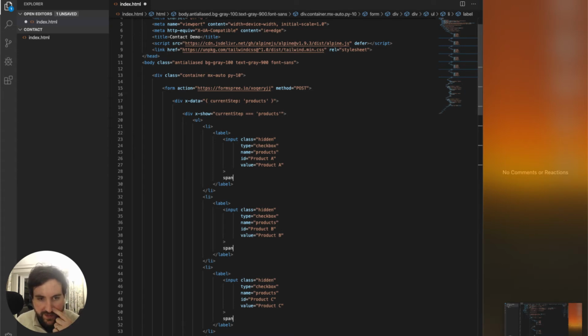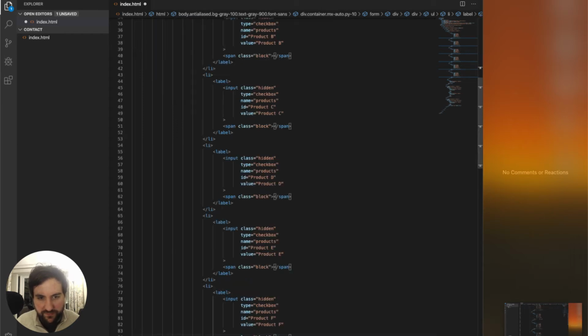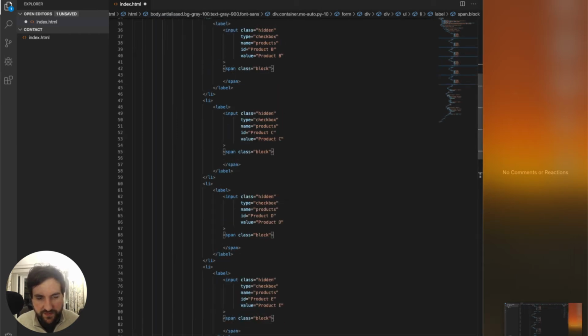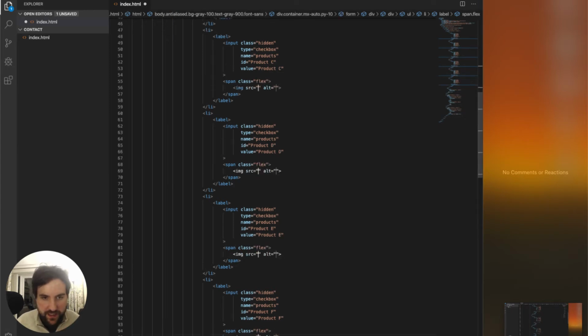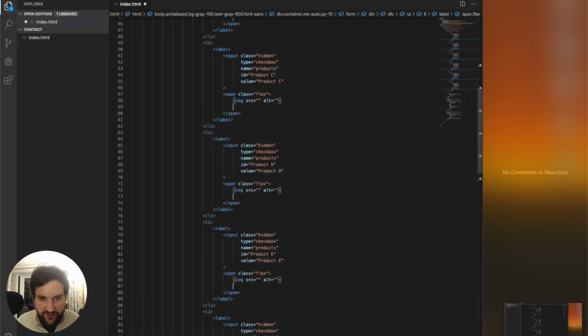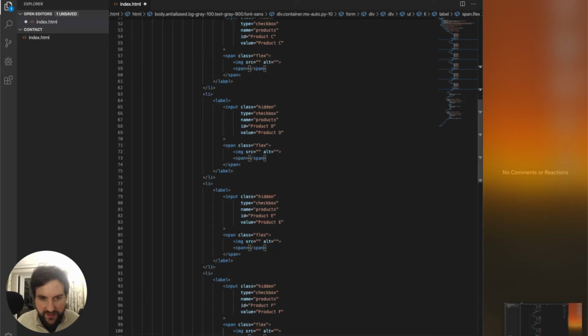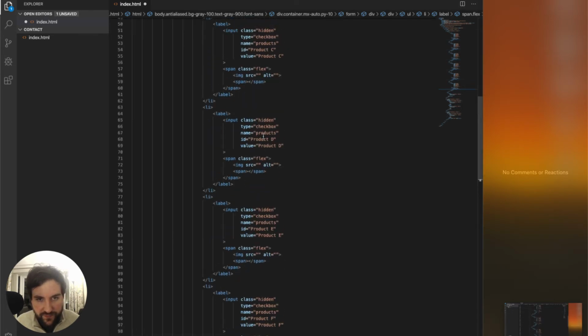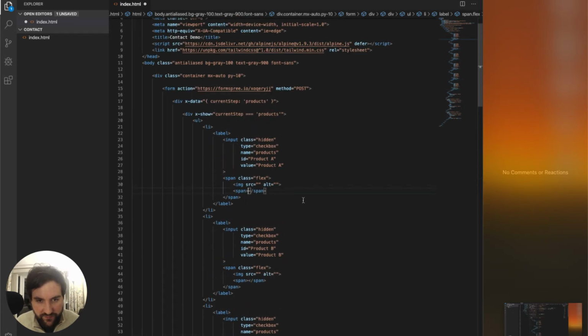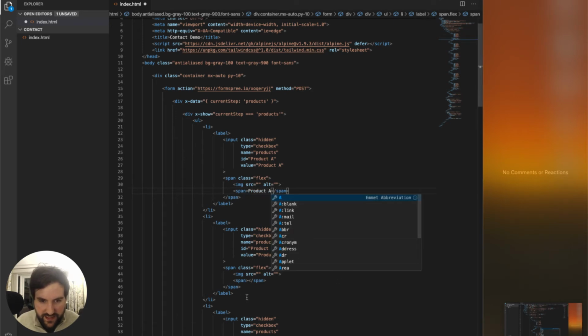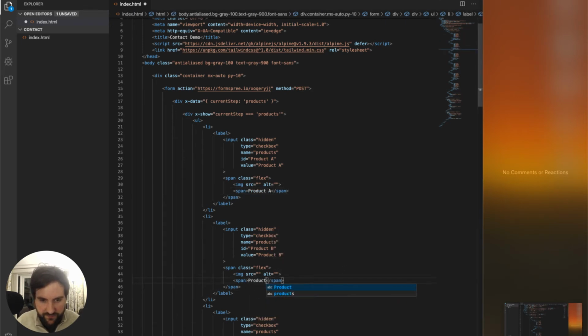So we're going to have a span, and we'll give that a class of block just to give it a bit of oomph, and then, in fact, that doesn't want to be block, that wants to be flex. We'll have an image, and then we'll have a span again, and this span will be where the name of the product is. So in this case, product A, let's say product B,